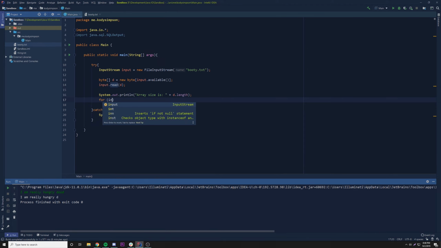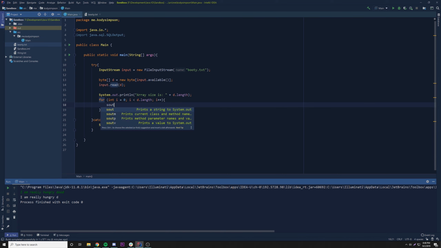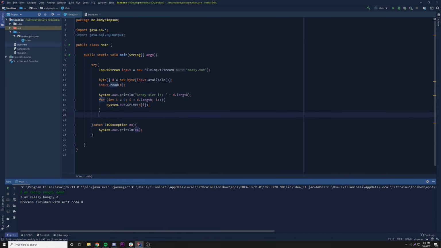And now let's print out the content of the array so we can make sure it's stored everything correctly. So i is 0, i less than d.length, i++, sout changes to char, and then we'll do d, and then the index for that. And then finally,